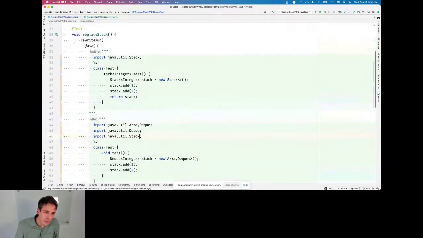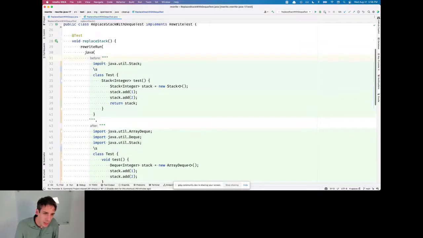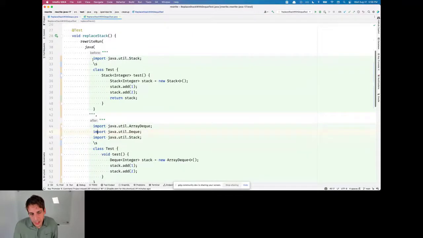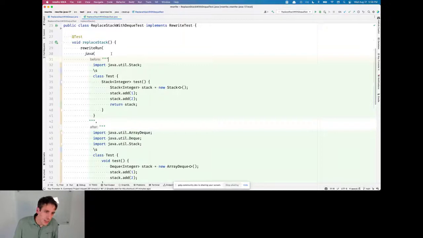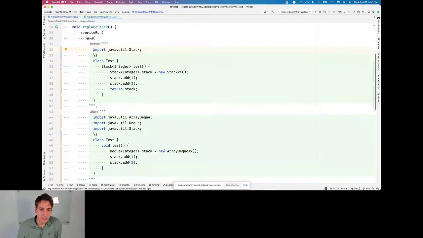So what's cool about this test harness here is I'm actually writing the before code and the after code. So the before the transformation and after the transformation. And I'm writing it in a multi-line string, and the IDE can actually syntax highlight the code inside of the multi-line string by virtue of the fact that we have a language annotation on this method. And it actually helps you write the code inside the multi-line string. So we get to write example code here that demonstrates the problem and demonstrates the fix.